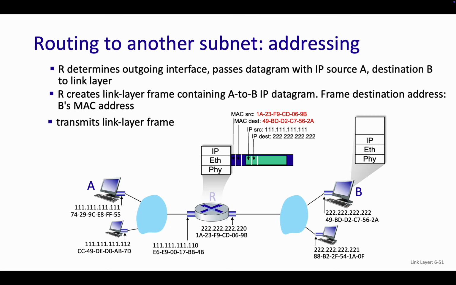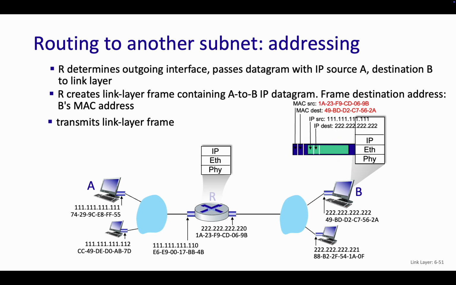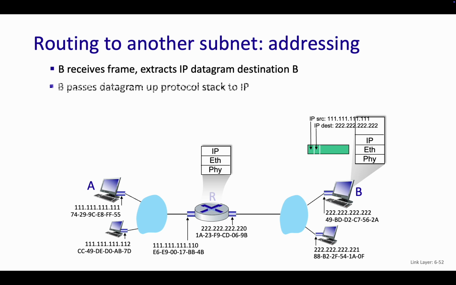So then it sends it to B. B looks at the Ethernet frame, says yep, that's for me, that's my MAC address, pops it off, passes it up to the IP layer, and says okay, yeah, that's my IP address, cool, and then passes it up. So now we have 3 identifiers. We have the port number, which maps to a specific application on my computer. The IP address maps to my computer, and the MAC address also points to my computer.